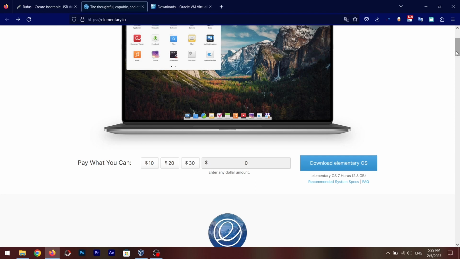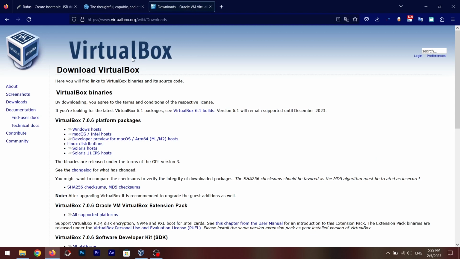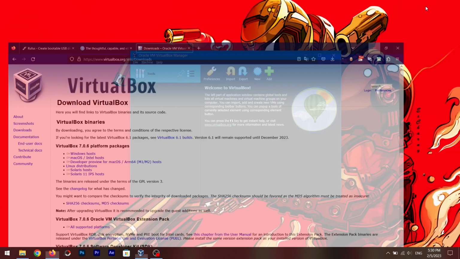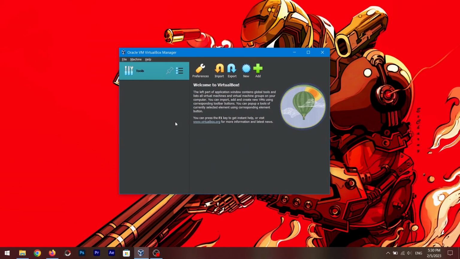Once you've downloaded the image file, all you have to do is download Oracle VirtualBox as well. You have to go to the official website and get the Windows host, and once you download it, install it on your machine. By the way, all the download links and website links are available in the description below, so you can open them from there. Once you install VirtualBox, just launch it and you will see a UI just like this. Just click on new,